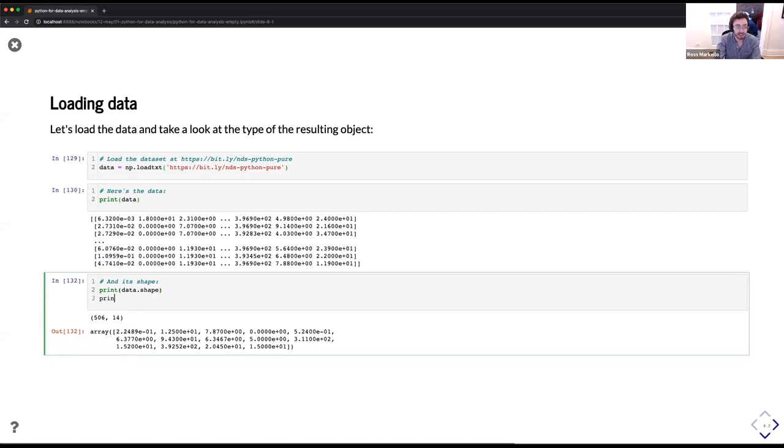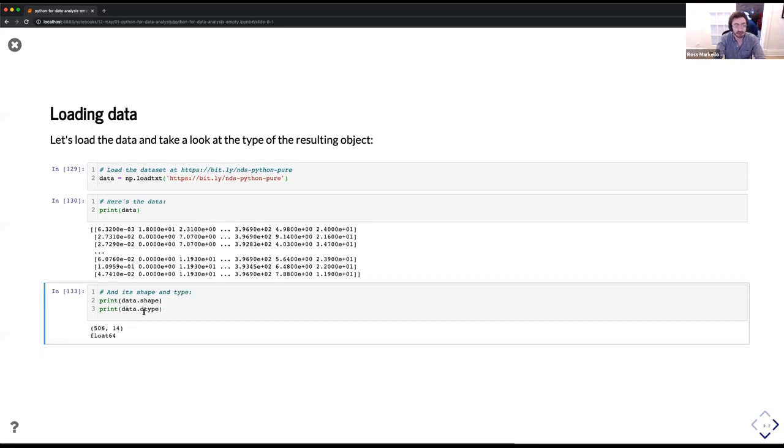I did also say that I wanted to take a look at the type of the resulting object. So it's shape and type. If I print data.shape, data.dtype, it's 506 rows, 14 columns, and the data are stored as floats. Float 64, again, we're not going to get into the differences of that in this lecture. But it's a float versus, for example, an int. And we can see that here,